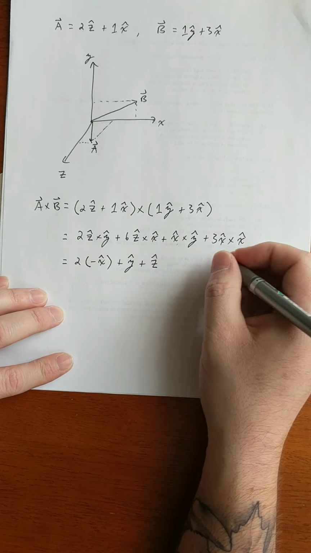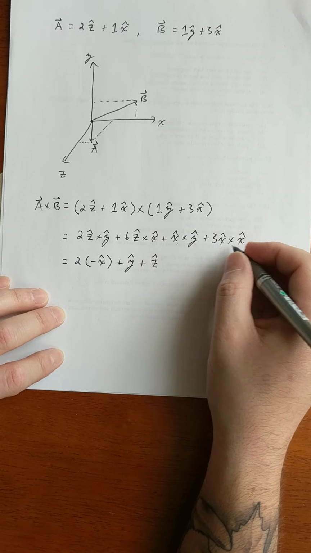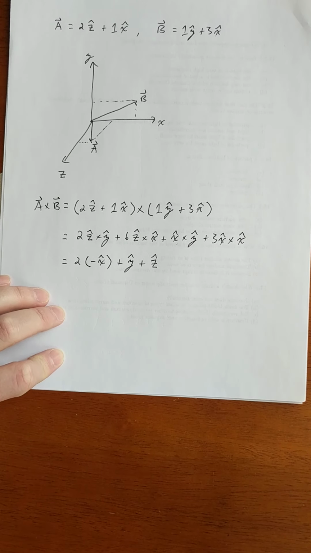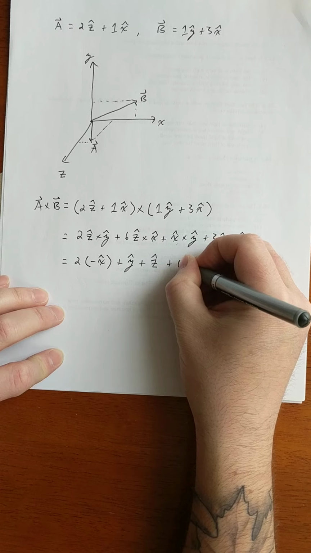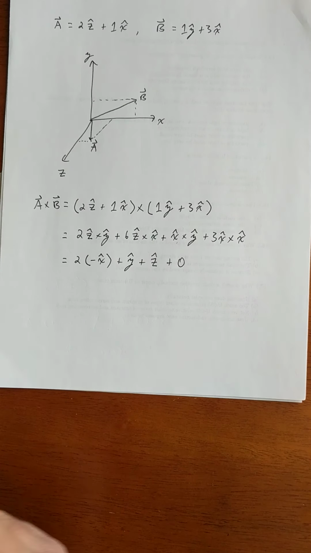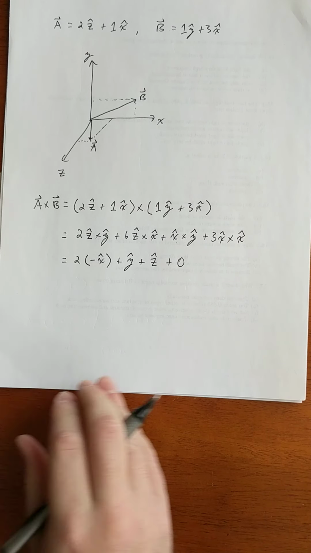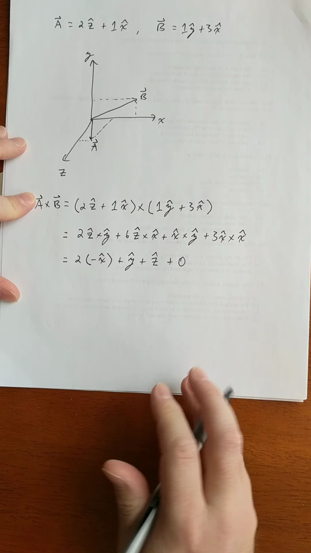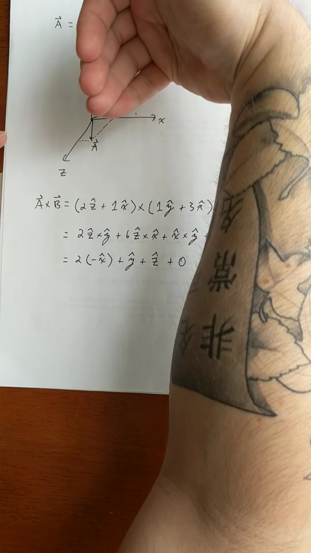And then the fourth term has 2 of the same unit vectors in it. When we have 2 of the same unit vectors, that's always 0. Calculating the cross product is asking how perpendicular 2 things are. If 2 things are parallel, they are not at all perpendicular, so we get 0. The angle between them is 0, sine 0 is 0. So now we start off with the A vector, A cross